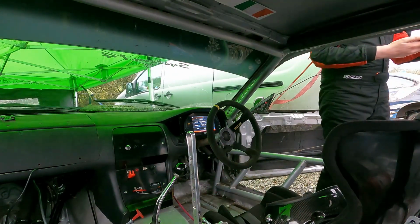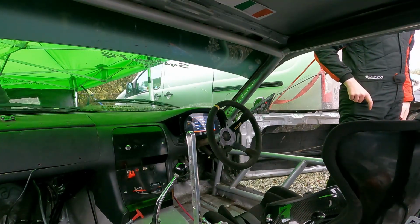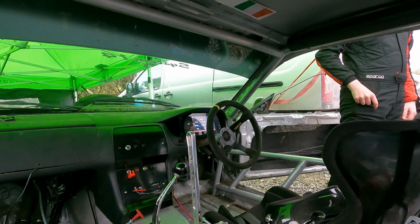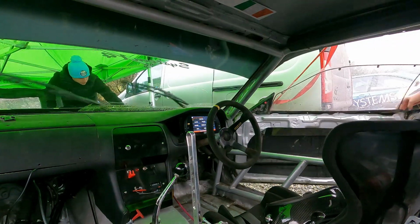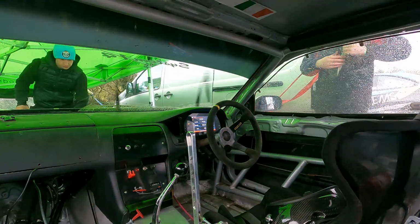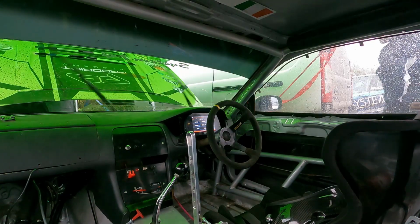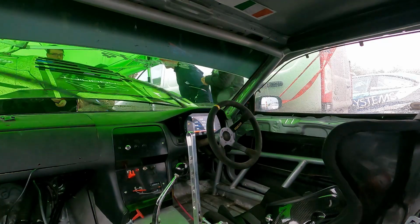You might even see it in the clips here that I was pretty annoyed. It's probably the first time ever I actually felt like I was screwed over. But when you look back at it again, you realize it was pretty close. It's probably the closest battle I've had against Connor, and considering the situation I was in, with the car not being at its best, steering not being that great, and us still finding speed with the new FDF rear grip kit,